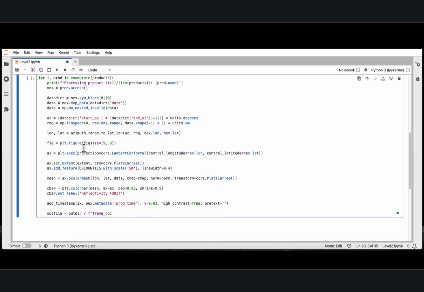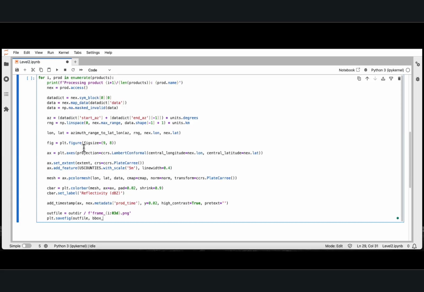And I'm going to specify that I want that to have a zero padded 3 place integer .png, plt.savefig, outfile is our file name and path, bbox_inches is going to be tight to trim that figure up as much as we can,